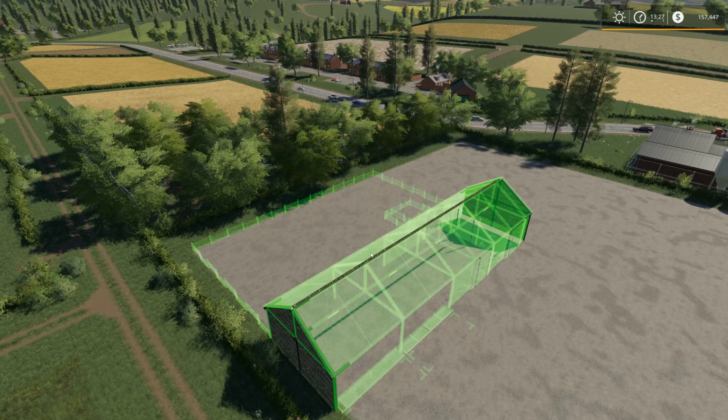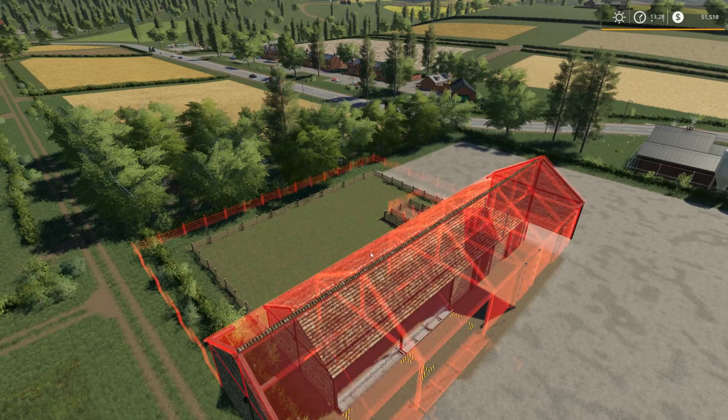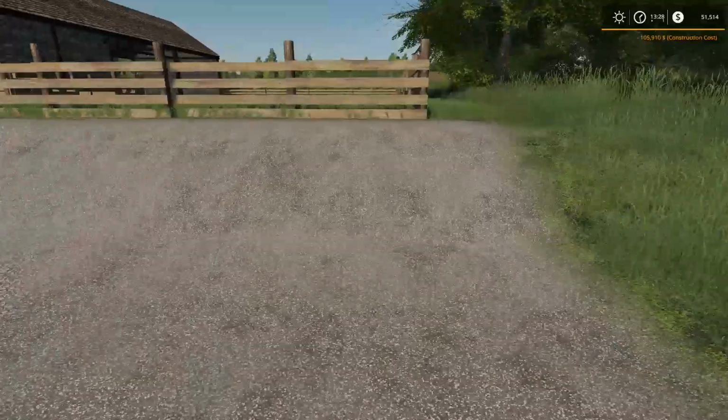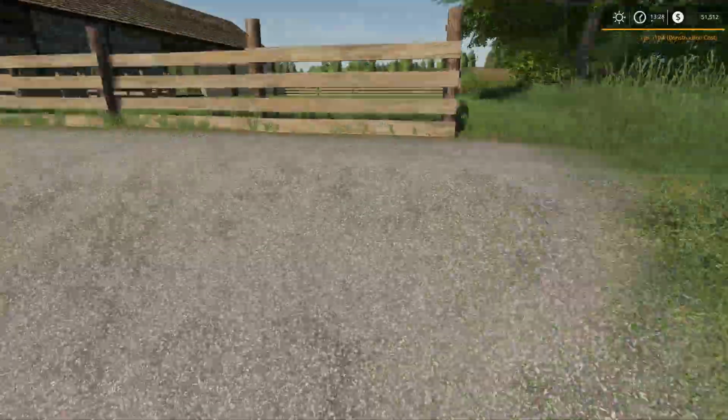Well, we're down here, a new placeable area. And actually I decided to go with a large sheep pasture, the modded one. Only because it's only $30,000 more. And in the end, we'll just be selling it anyways, right? So, no regrets. Okay, I got some regrets. Alright,